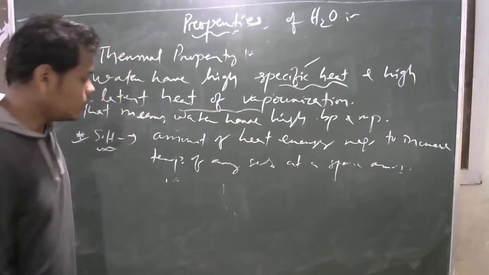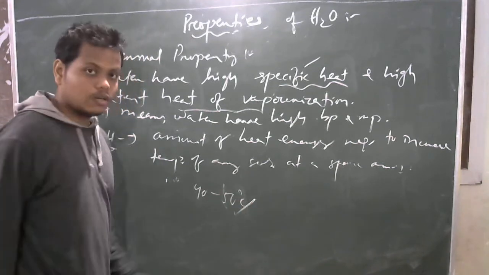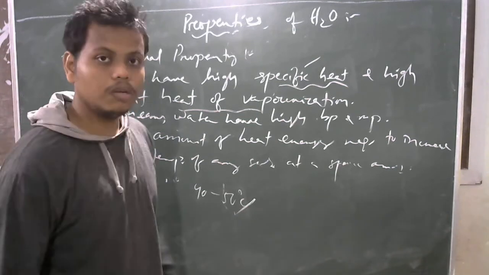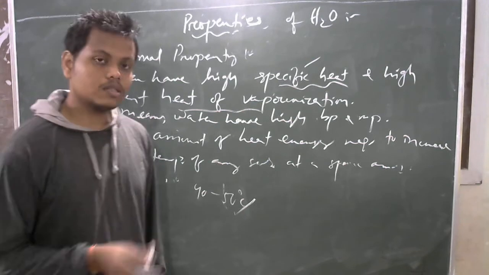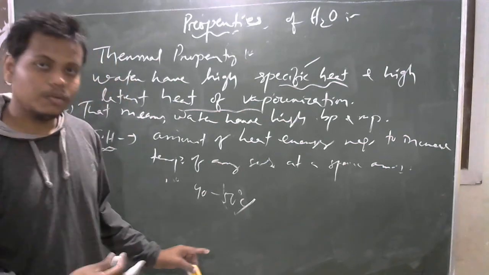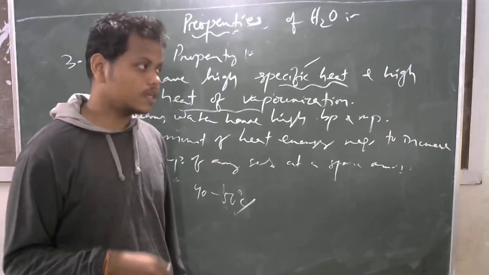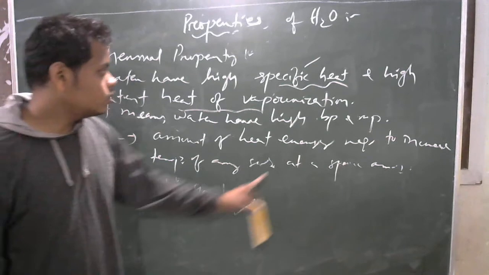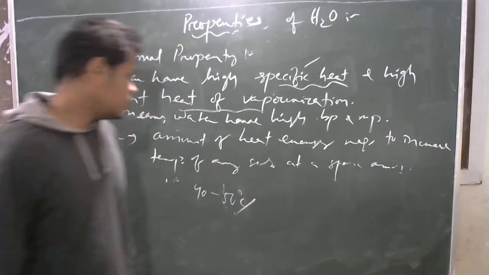If water boiled at 40 or 50 degrees Celsius, then all our living organisms would melt in summer. Not only human beings, all plants and other living animals would also melt in summer, because our body's maximum composition is water. Thanks to the high boiling point of water, we will survive in maximum temperature also.